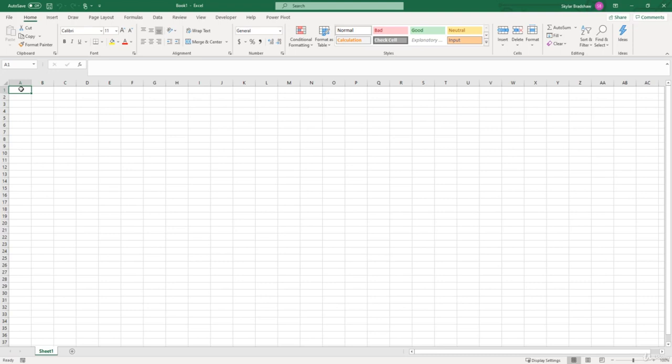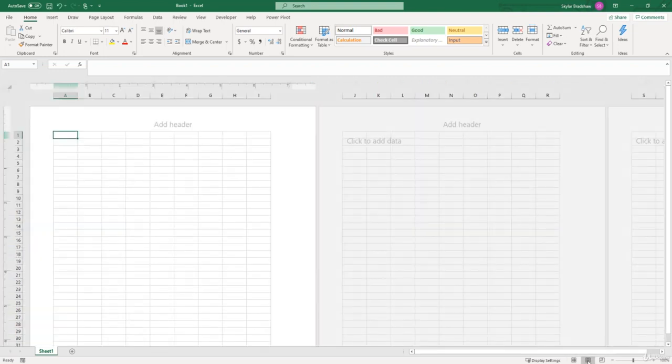Alright, just a little bit more about the Excel interface. Down at the bottom right hand corner of your screen, this little area is called the status bar. And within the status bar, we can select different views. So right now we are currently in the normal view, or we can select the page layout view or the